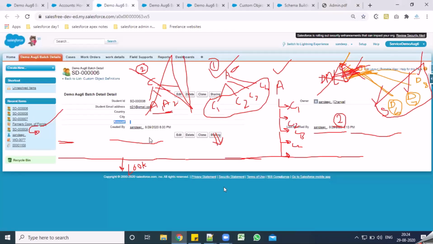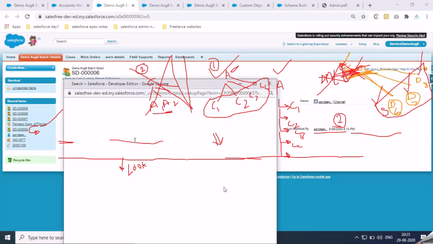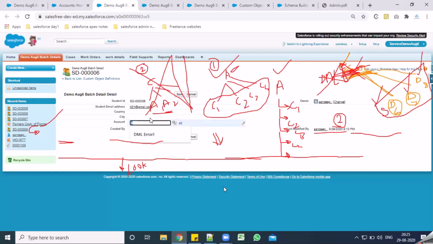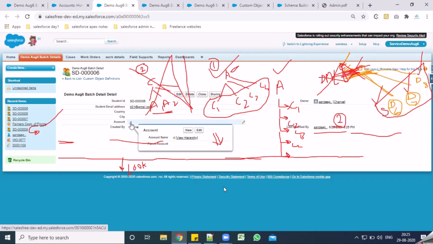So that is why this field that I'm creating on the child is basically helping me link to the other object, all right? I can select any object, any account record here. I can click on save. This field that I have is basically connecting me to the other object that I have in the system. All right.